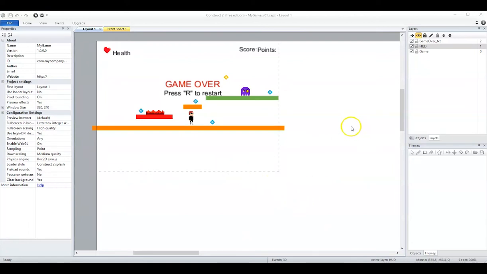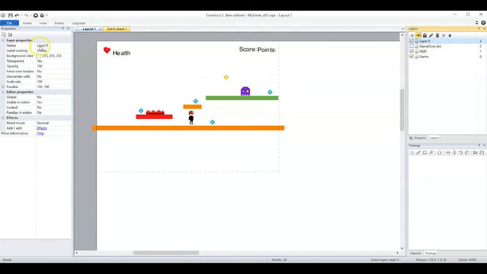So before that, let's just turn off the visibility of the game over layer, and create a new layer. And this layer, I will call it tiles. So I'm just gonna lock the game over layer,